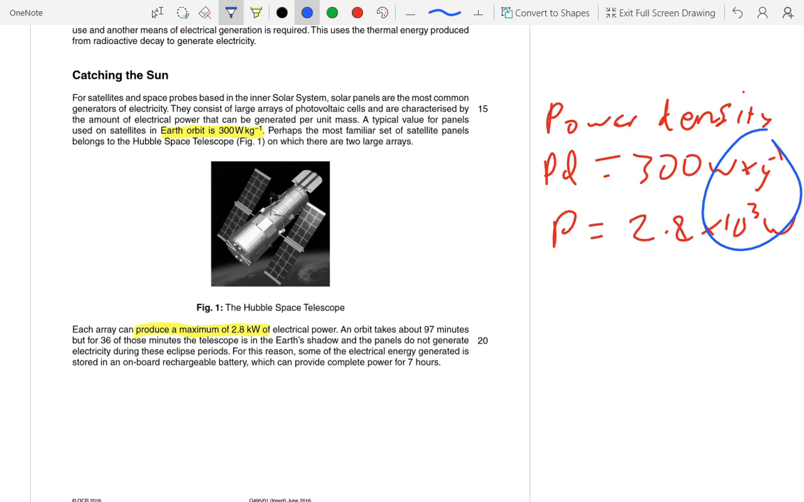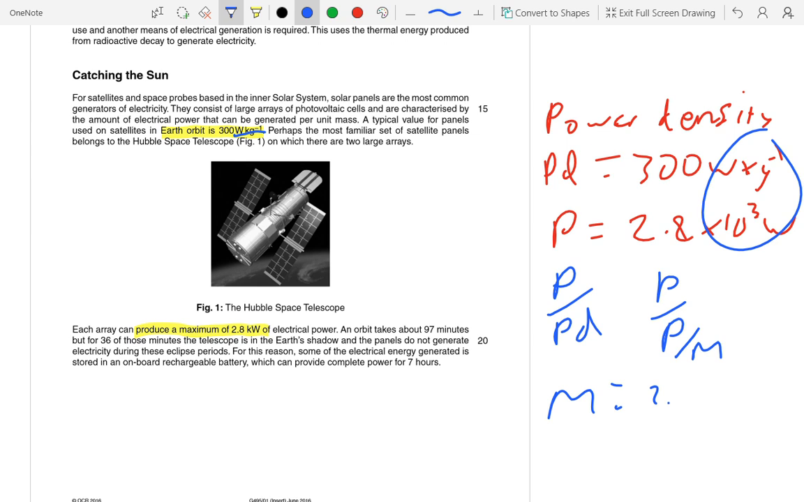So if we do this power divided by the power density, then we're going to get a unit in kilograms, and a unit in kilograms is obviously going to be a mass. What our power density actually is, is the power per mass. So we've got watts per kilogram, so we've got power over m, which means we're just going to get a mass come out at the end. Which means the mass of each of these arrays will be